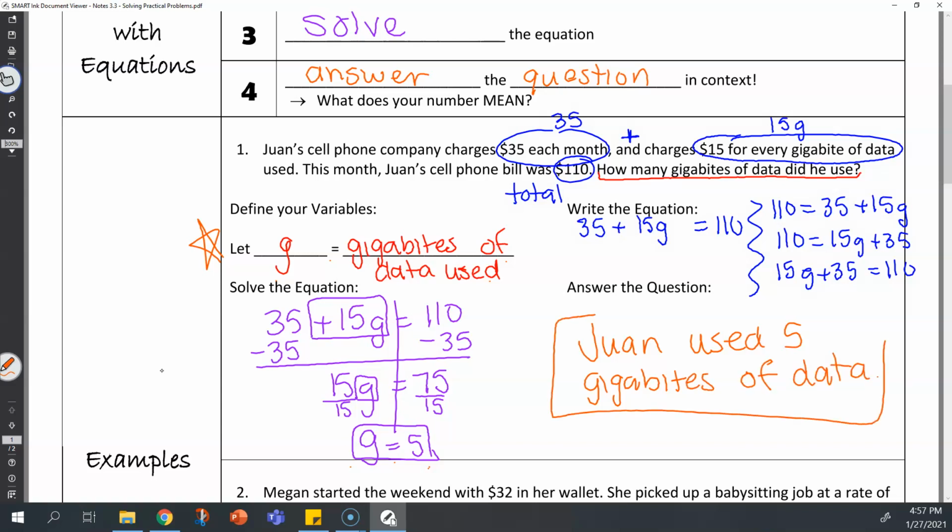Okay, I'm checking to make sure that the number has meaning. 5 gigabytes. Not $5, not 5 months of service, being very clear about what that 5 actually means. Okay, let's practice that